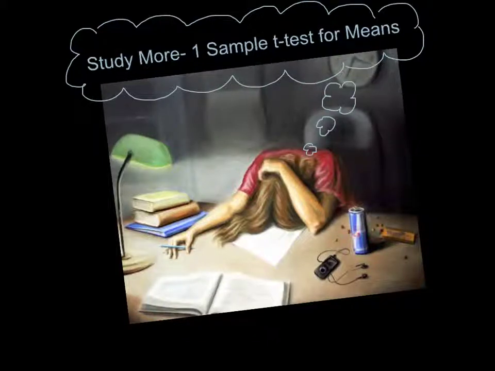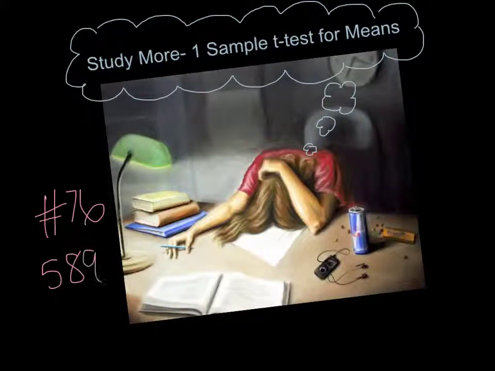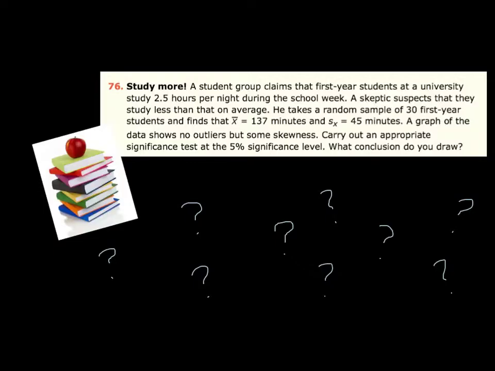We are going to solve problem number 76 on page 589 in your AP Stats book. And this is Study More for one-sample t-test for means. A student group claims that first-year students at a university study 2.5 hours per night during the school